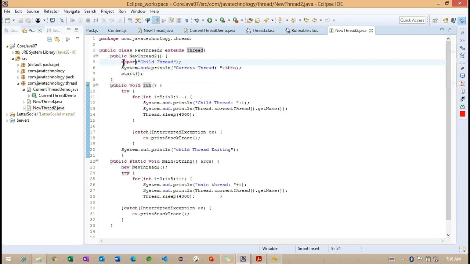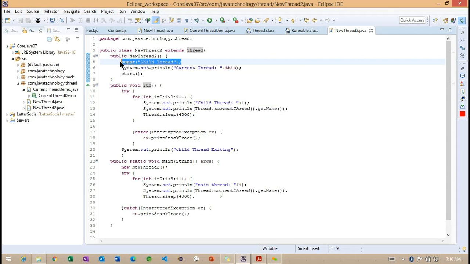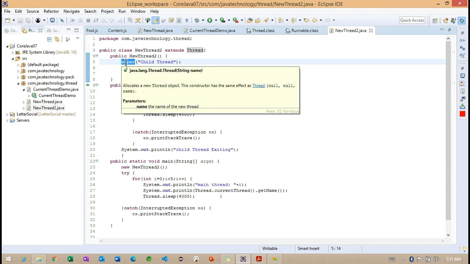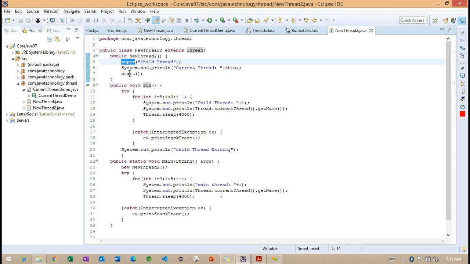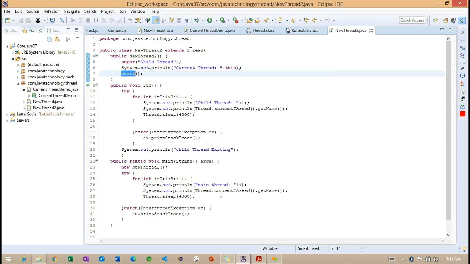Carefully observe, whenever we call this particular super, in the Thread class we have one constructor which takes a string as a parameter. That's the reason we are calling this super. After this, we simply call start. We don't have any reference here because we are not creating any object of this Thread class.